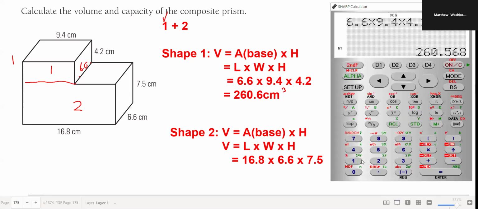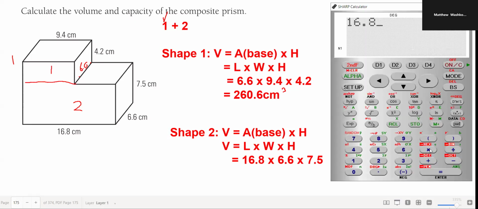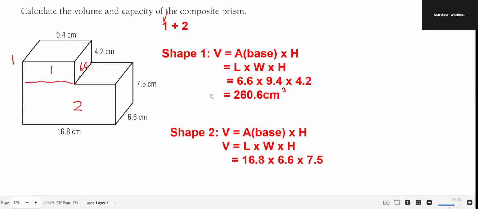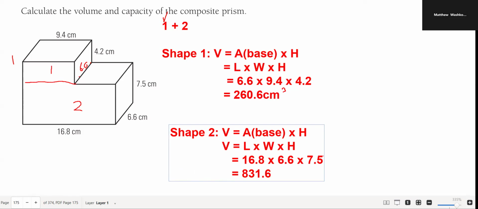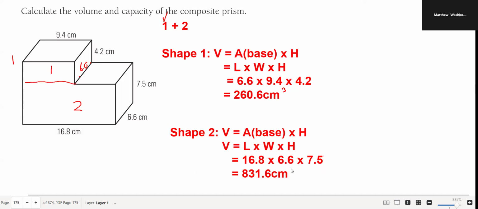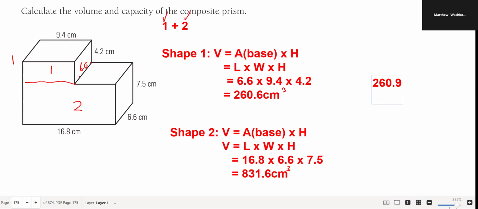So you just got to multiply those together again. 831.6. Perfect. So the volume of shape 2 is 831.6 cubic centimeters. Now remember, I'm not done, right? I got to add these two shapes up. So 260.9